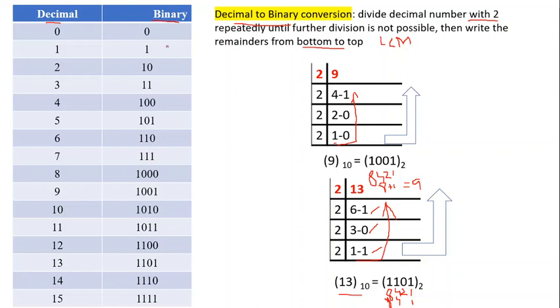Just write the normal numbers by using only zeros and ones. You remember 0, 1. Binary does not have 2. By using zeros and ones, what is the next number? 10, 11. After 11 you will not get 12. 12 to 19 you don't get. 20 is not possible, 2 is not there. Next number is 100. After 100, the next number is 101. After 101, the next number is 110. Like that, write normal decimal numbers using only zeros and ones.